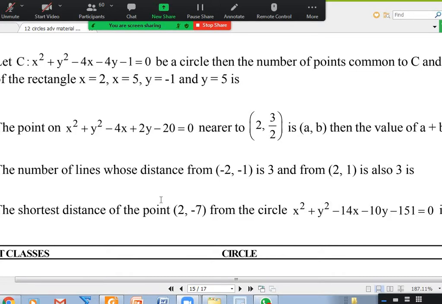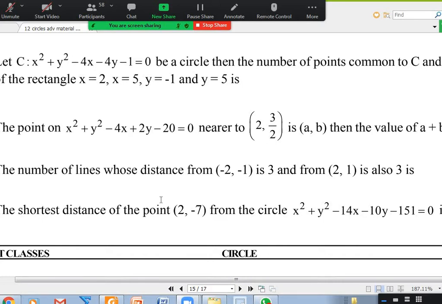Can somebody state this question in a circles language? Same question as it is, but it appears to be from the circles chapter that way. Anybody want to reframe it? The number of common tangents for a circle of radius 3. Yeah, somewhat like that, a little more. Okay, find the number of common tangents to 2 circles.